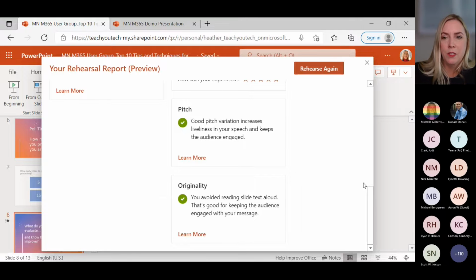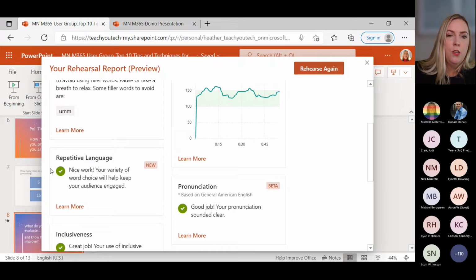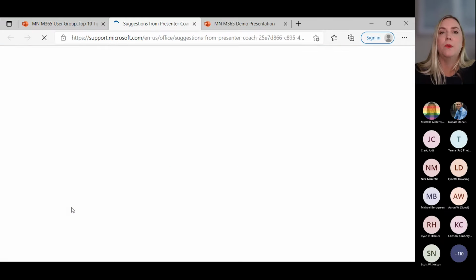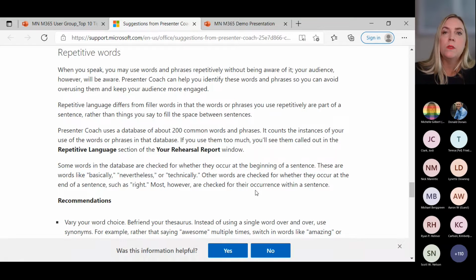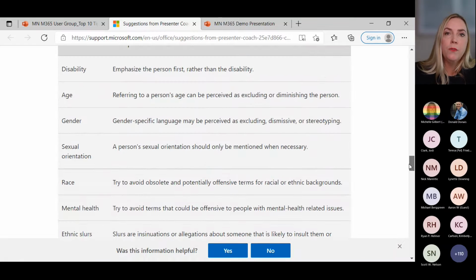So what can you do with this dashboard? If you need help on how to be a little bit better on not having repetitive language in each of these areas, there's a link to help you, and it has some great advice and some tools and techniques that you can apply to improve upon that. So as you're rehearsing this, I encourage you to go out to these links and get familiar with what they're recommending, and then try some of those tips, implement some of those techniques, rehearse it again, and take a look at that dashboard.